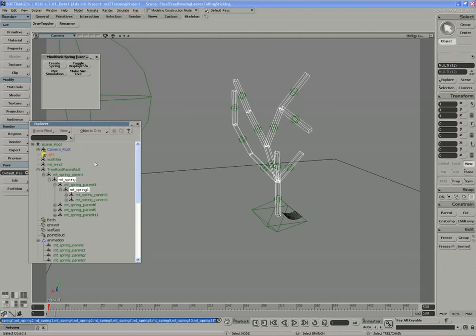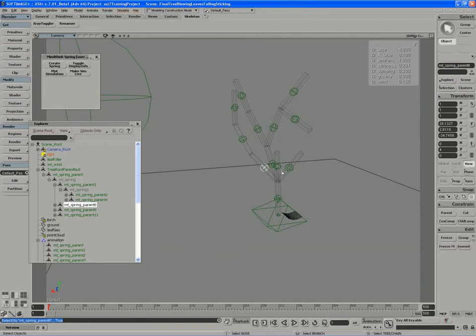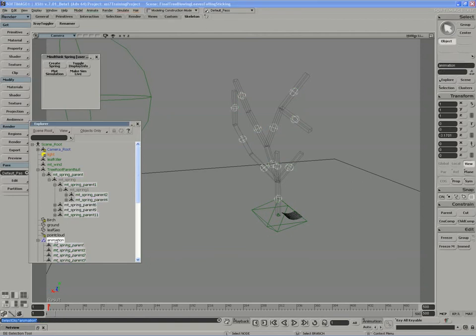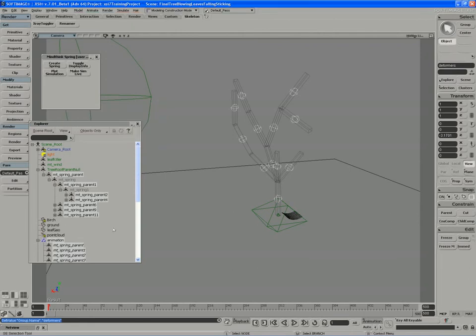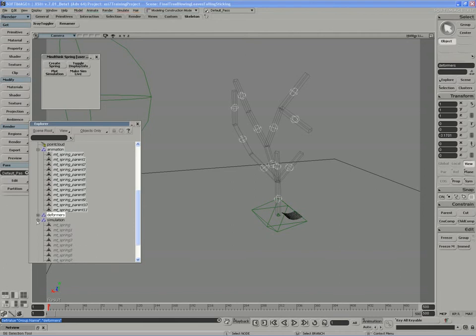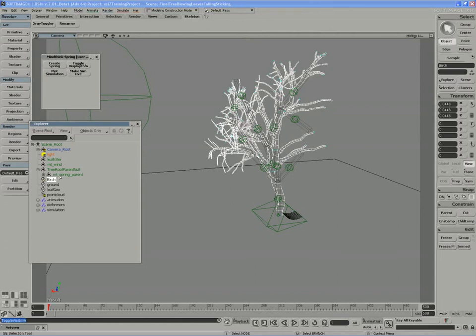So I'm going to actually use the spring parent objects, these guys here, as my deformers. So I'll group them. I'll use them as deformers for the birch geometry. So I'll close all of this up. I'll bring back the birch geo, and I'll create an envelope between the two of them